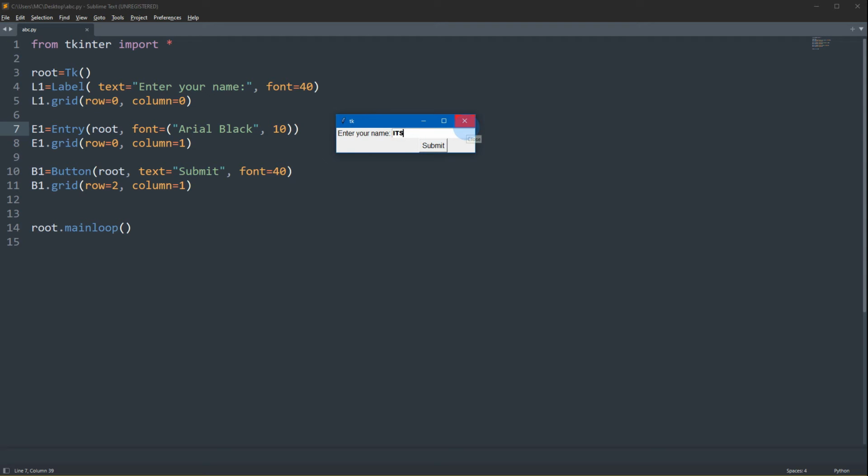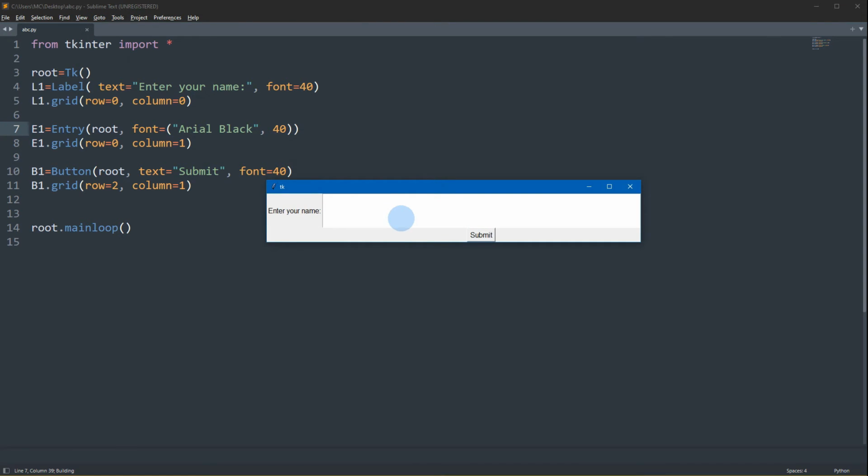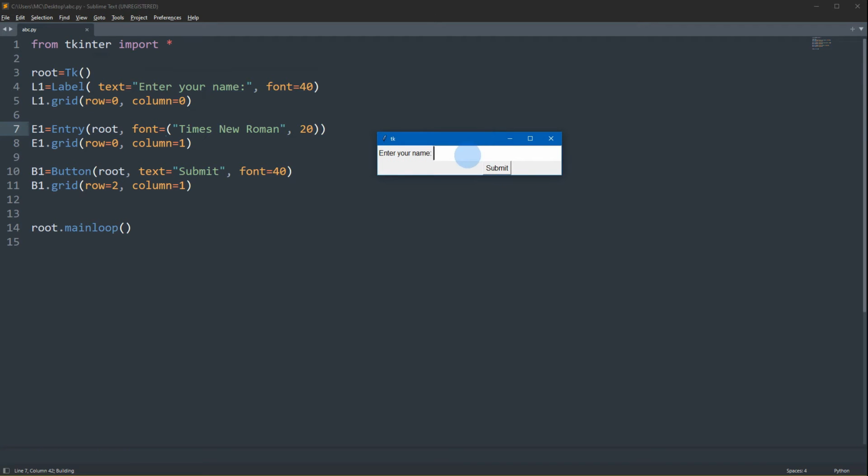Okay, so Arial Black is quite bigger, that's why our font size is quite smaller than the original or the 40 font size. If you're going to use 40 here, observe, using Arial Black, we have much bigger entry. The next, let's try using Times New Roman with size 20 and observe what will happen. So this is the Times New Roman size 20. So let's say if this is Times New Roman, IPS. Okay, so this is Times New Roman.